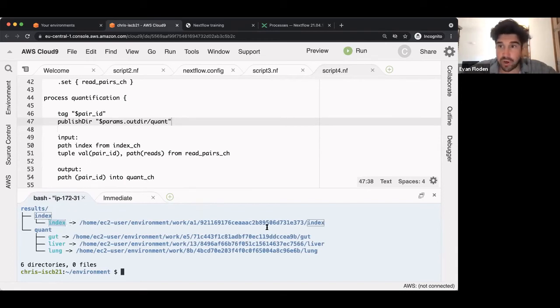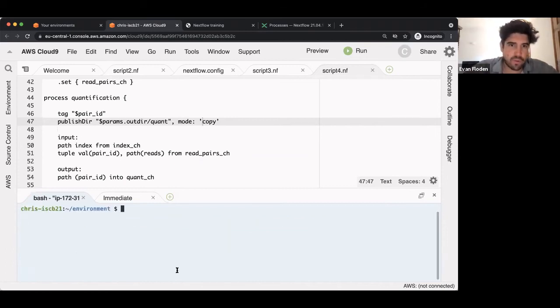That may be useful, but you may also be in a situation where you want to remove your work directory. Maybe it's just a temporary location for the intermediate files. And in this case, you can do something like mode. So you're going to modify the way that this publishDir works, and you wanted to actually copy, say. And by doing this, now you're specifying, okay, instead of just symbolically linking, which is the default here, we launch this. And now here,